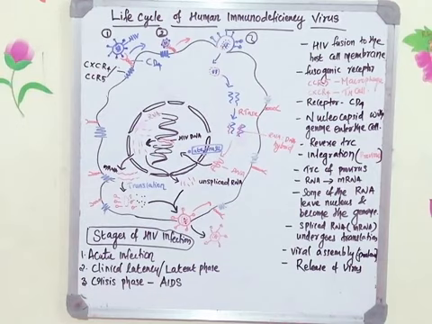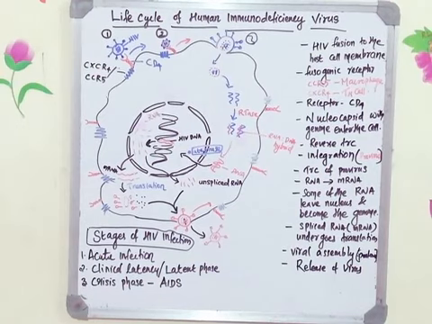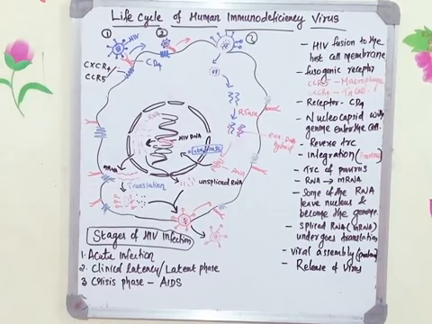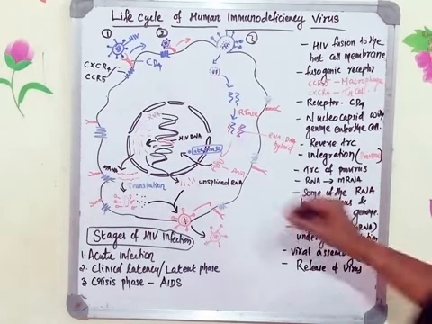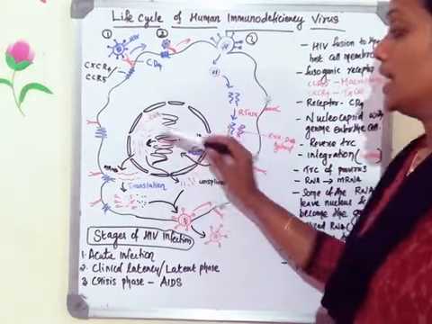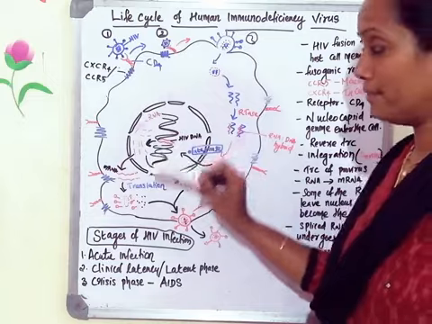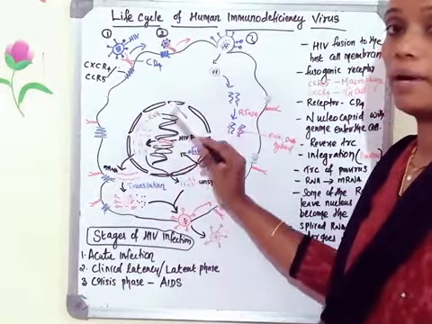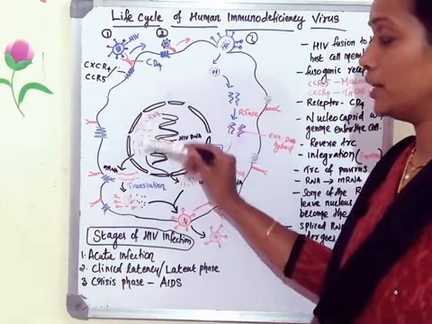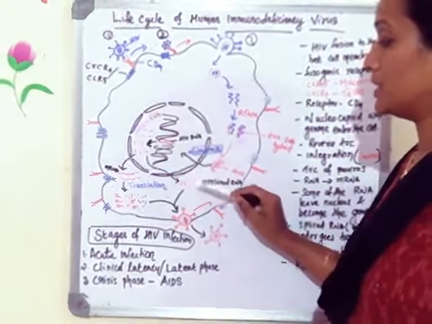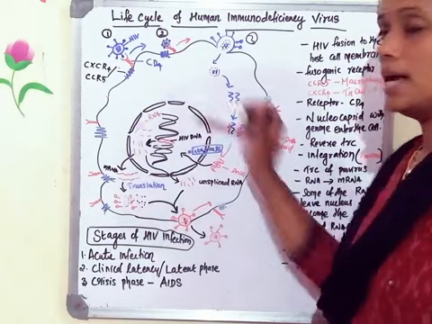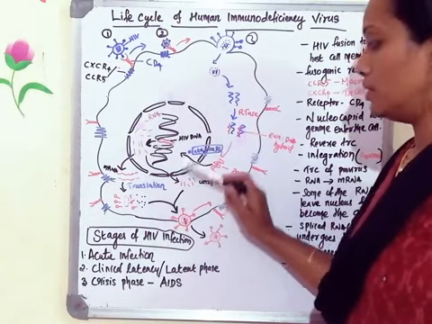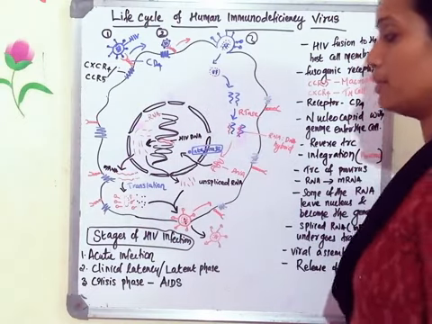So in yesterday's class, while discussing the genome of the virus, I told you about one of the proteins, P19, which is expressed from the REV gene, that will help in the export of unspliced RNA from the nucleus. The product of the REV gene, which is known as P19, will bind to the RNA. Whichever RNA binds with P19, without entering into splicing, leaves the nucleus and enters into the cytoplasm, and P19 will help in maintaining this RNA in the cytoplasm without undergoing degradation.